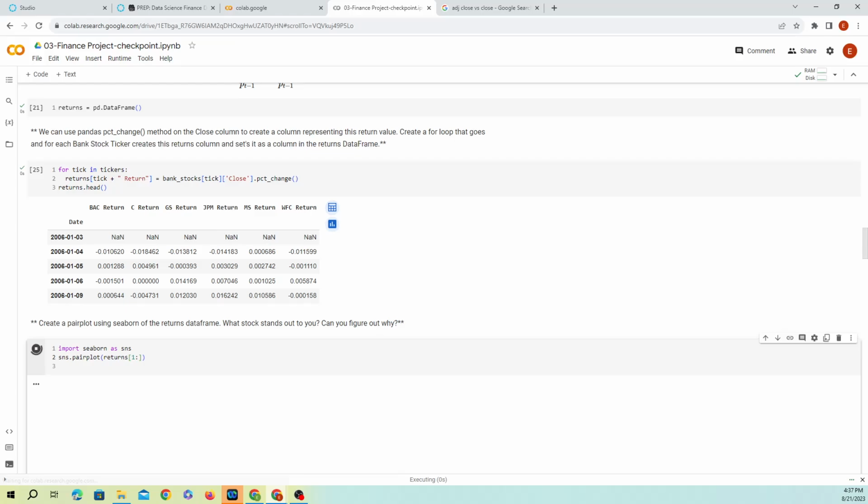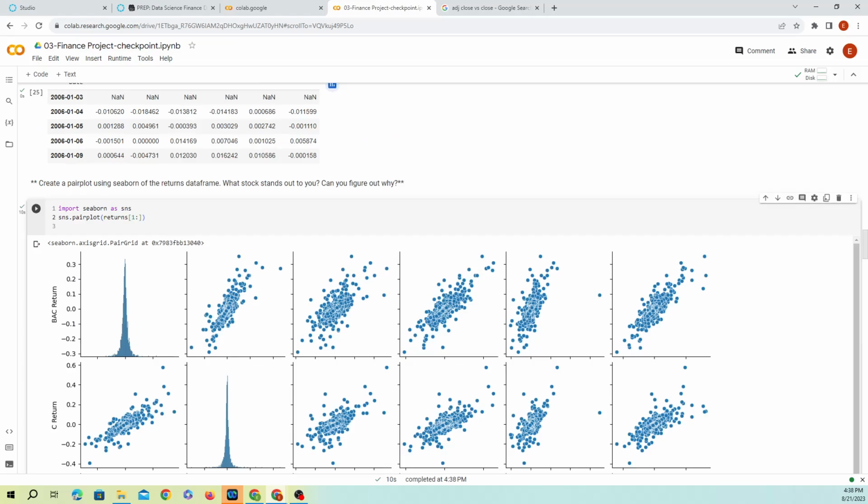All right, so we can see the comparison, right? Here we're comparing the bank with itself, so that's why you get this graph. But if you compare the Wells Fargo return with the Bank of America return, you can see that there's a linear correlation. This is a very beautiful straight line correlation between them. You can see that the Wells Fargo return and the Goldman Sachs return is not very linear. It's a little more spread.